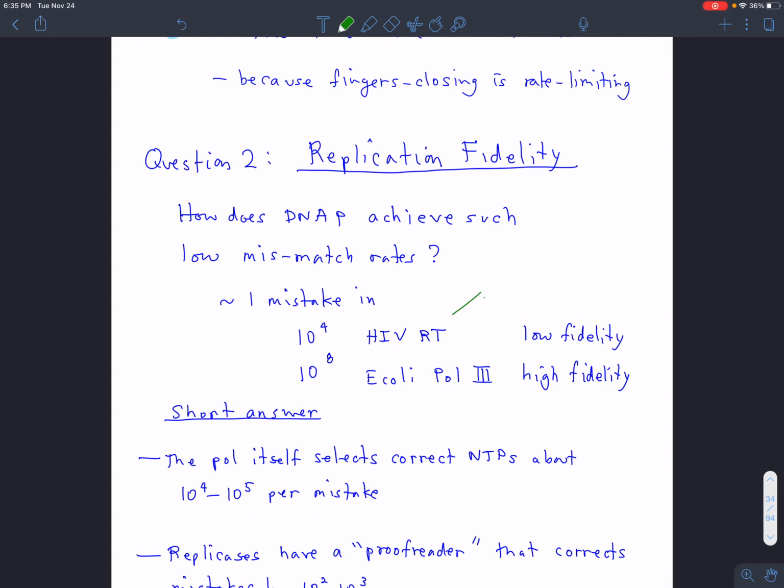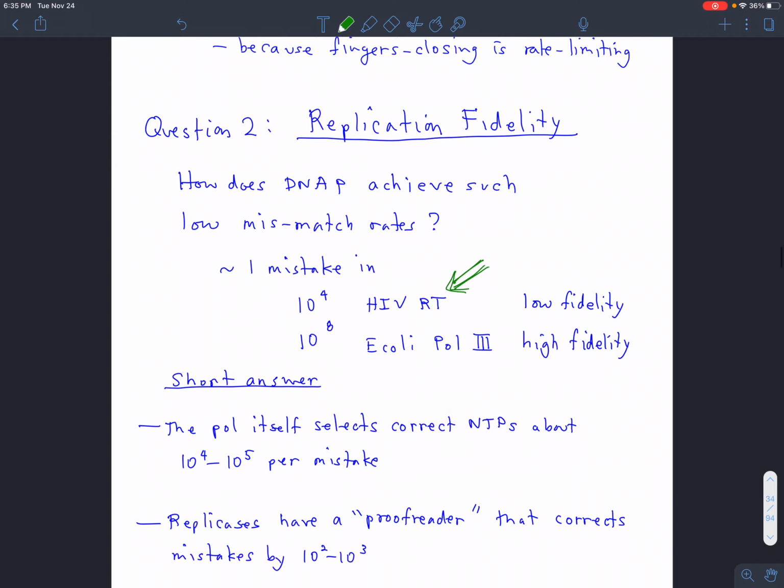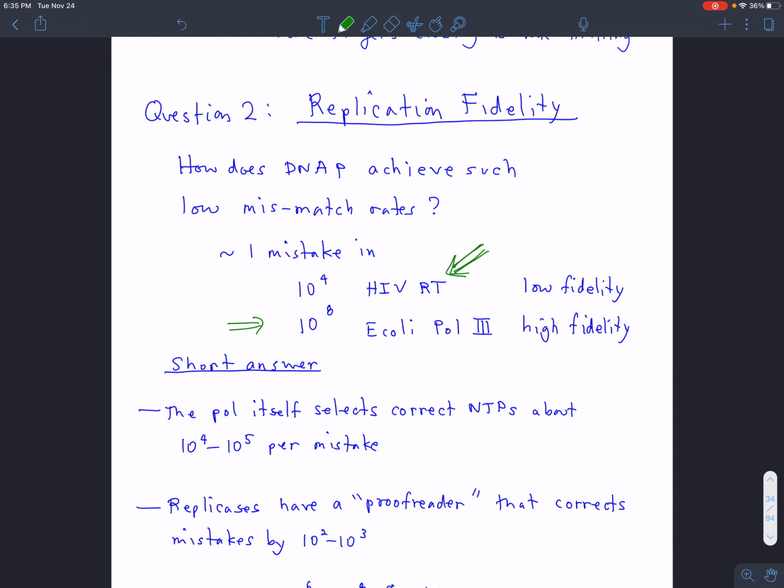So if you have a replicase for anything, even something that's not normally considered alive, like a virus, its replicase has to be good enough to replicate the genome with about one or fewer mistakes on average in that replication process. Well, E. coli has 4 million base pairs in its genome, which means it needs a minimum of about one mistake in better than a million, better than 10 to the 6th. And in fact, the replicase for E. coli is called Pol3, and it has an error rate definitely higher than a million,